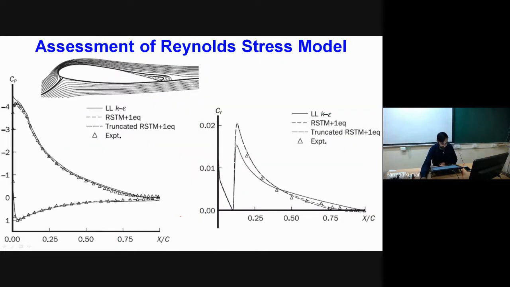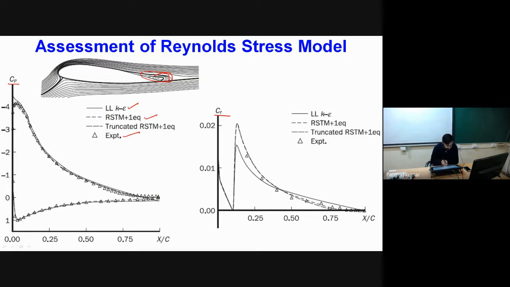And this is the validity of this Reynolds stress model. You can compare, this is the flow over an aerofoil, and in this section there is some recirculation in the flow. This recirculation will not be properly captured if we use the standard K epsilon turbulence model. So 2 output parameters have been reported here: one is the coefficient of pressure and one is the coefficient of skin friction. This is compared with the K epsilon model, RSM model, and experiment.